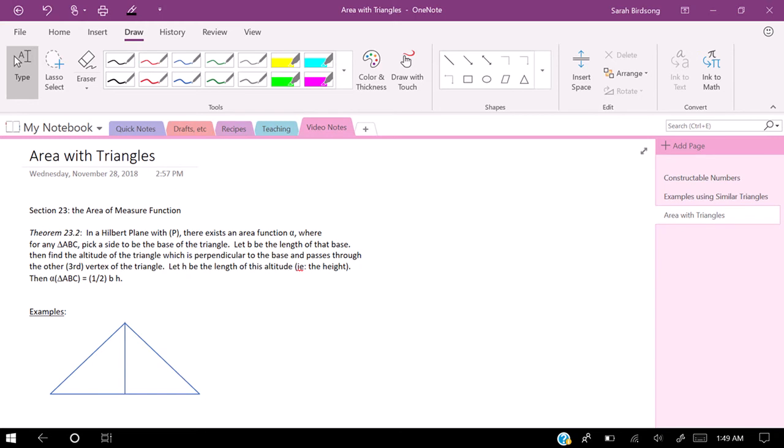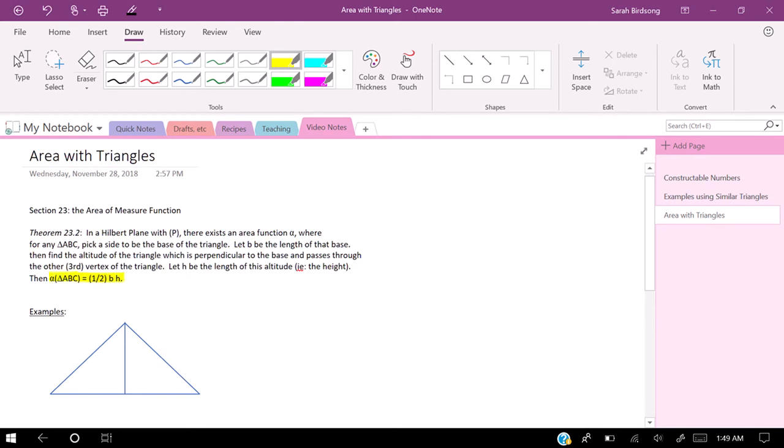So in terms of where we're located in the book, this would be located when we are dealing with area, and specifically it's at the middle to end of section 23, right after we got the formula for the area of the triangle. And in that paragraph in the middle of the screen right here, I went ahead and wrote in theorem 23.2, which is the theorem that at the very end here gives us exactly the standard area formula